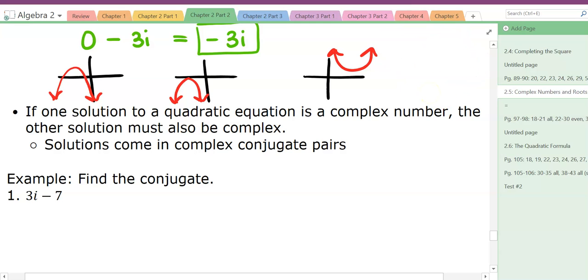That's why we're talking about the conjugates, because if you have one of them, you should be able to find the other one by just switching the sign. Now, if they switch the way that it's written,